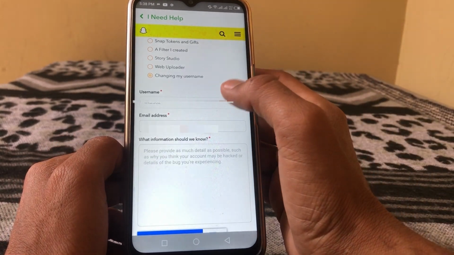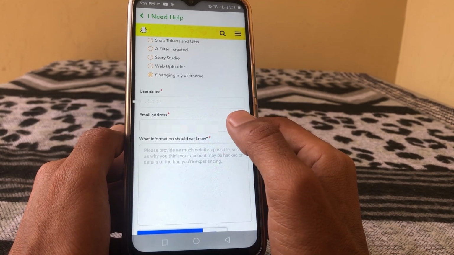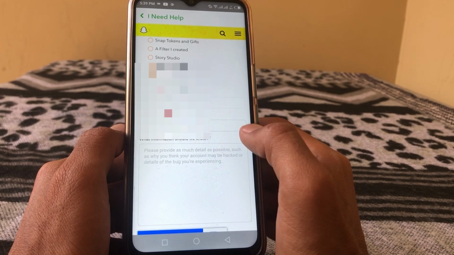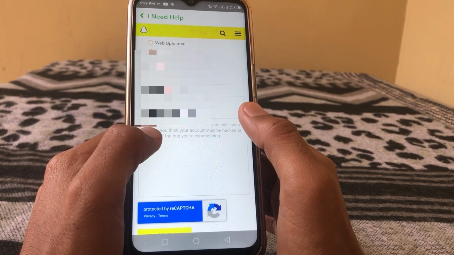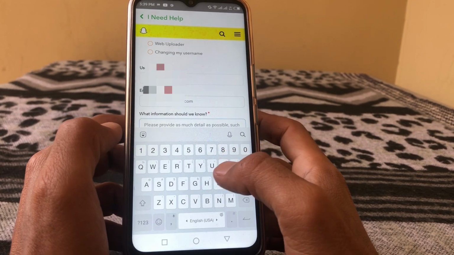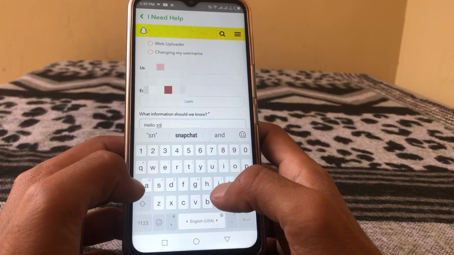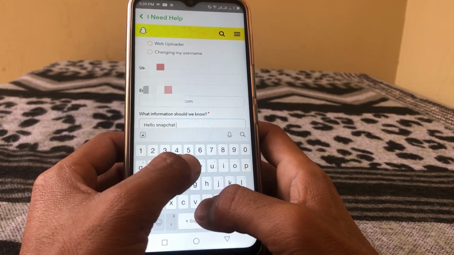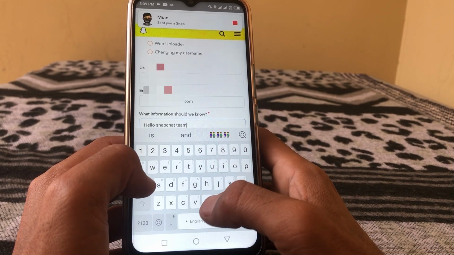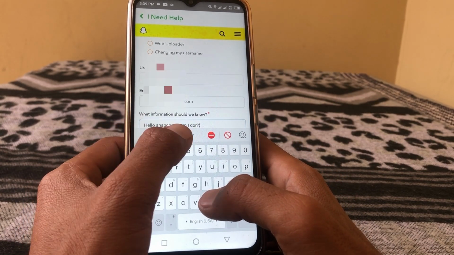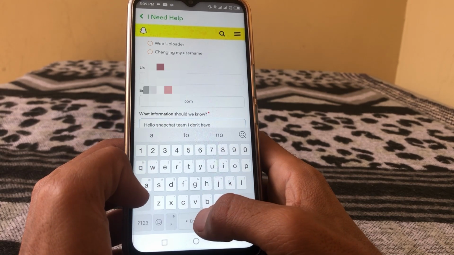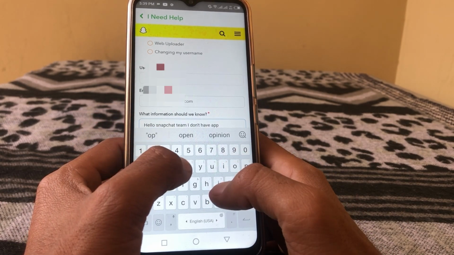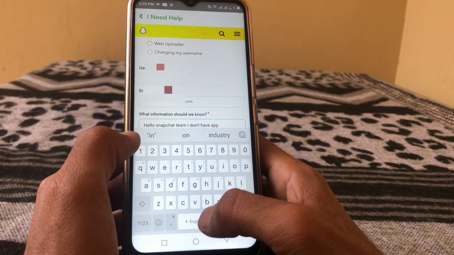So just simply type your username of Snapchat and give your email address here, which is connected to your Snapchat account or any active email, and just simply type your problem: hello Snapchat team, I don't have app appearance option in my Snapchat,